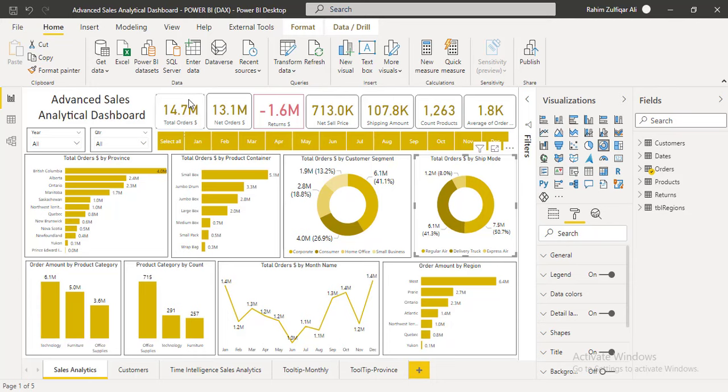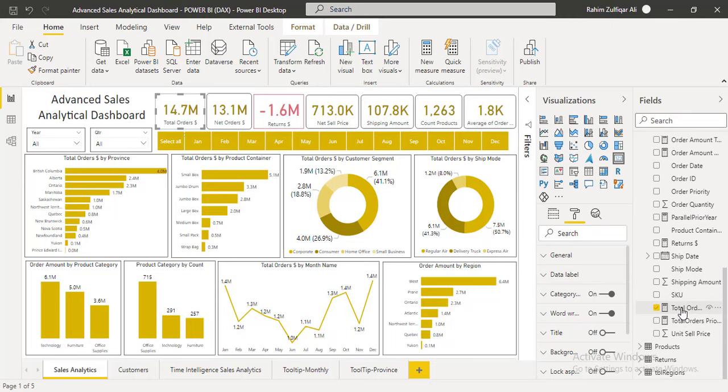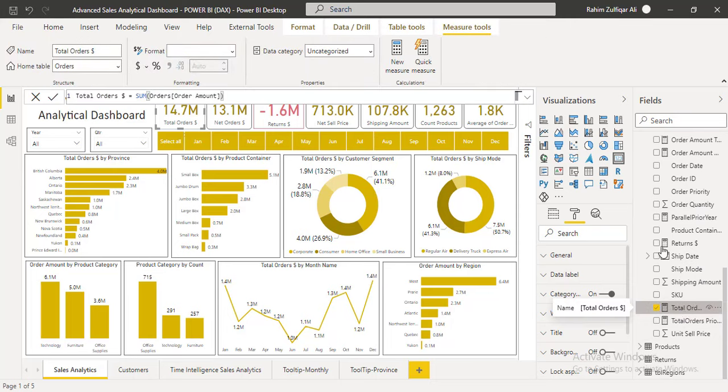Okay, now let's come to the DAX part, which is one of the most interesting areas for most users, because if you want to do advanced analytics, you need to understand Data Analysis Expressions. First we will go for total orders. I will click on total orders. It comes from the total orders table, and we have a measure here which is total orders in dollars. It's a simple function which you primarily use in Excel as well, the SUM function. We have just calculated the order amount column by using the SUM function, or the DAX you can say. This is very easy, very basic.